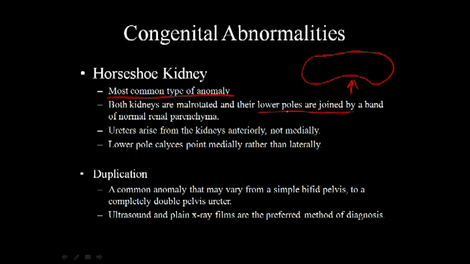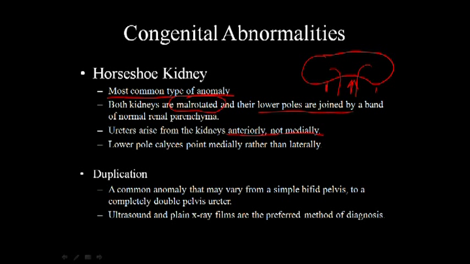And so the ureters, if you're looking at it, they would come anteriorly and not typically medially like you would see in this case. So anteriorly, not medially. That's something to keep in mind. Lower pole calyces point medially rather than laterally. So once again, they are malrotated. That's something you want to keep in mind. But you're typically going to notice a horseshoe kidney because it's the only type of abnormality where you're going to